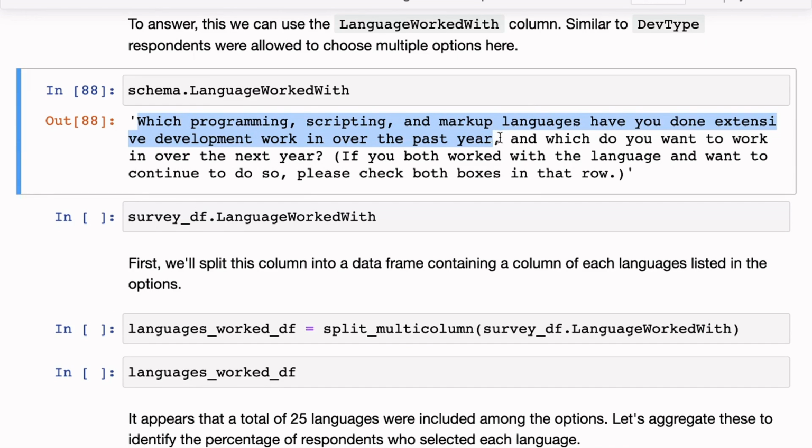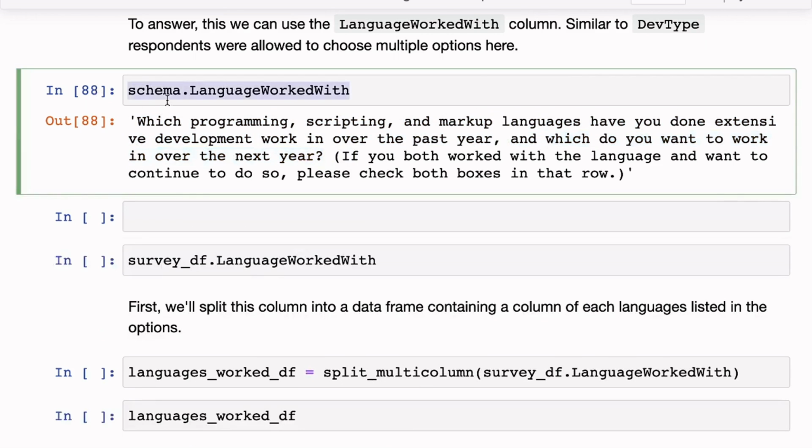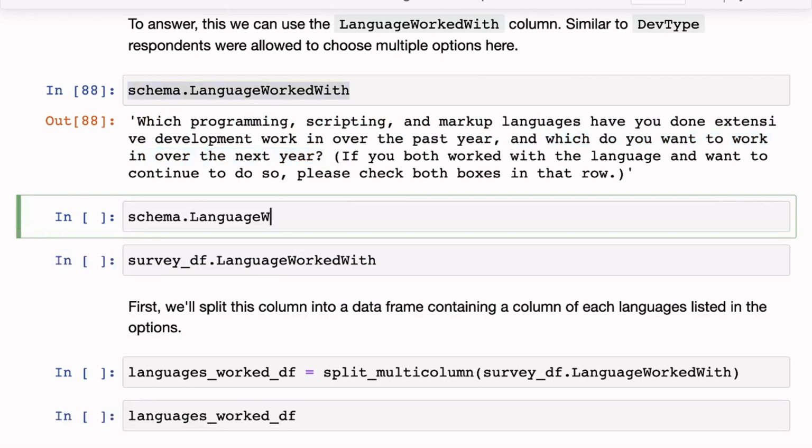But this is a two-part question, and the second part is, and which do you want to work in over the next year? So here the respondents were presented with a list of options, and then for each option they had 2 checkboxes. So the first checkbox they would tick for this part, whether they've worked with it in the past year, and the next checkbox they would tick for this part, whether they want to work on it over the next year. And the responses were then taken, and they were broken into two